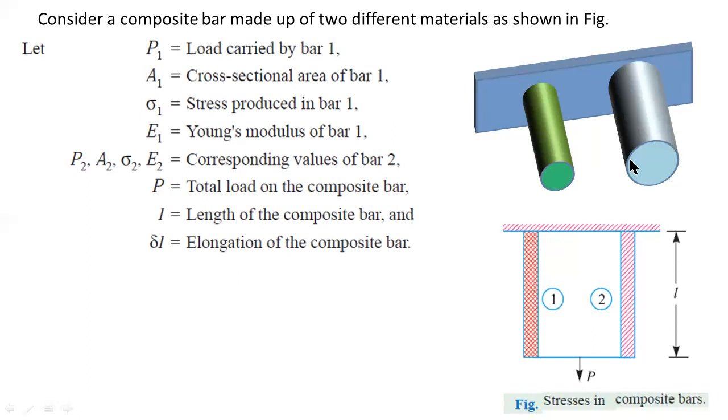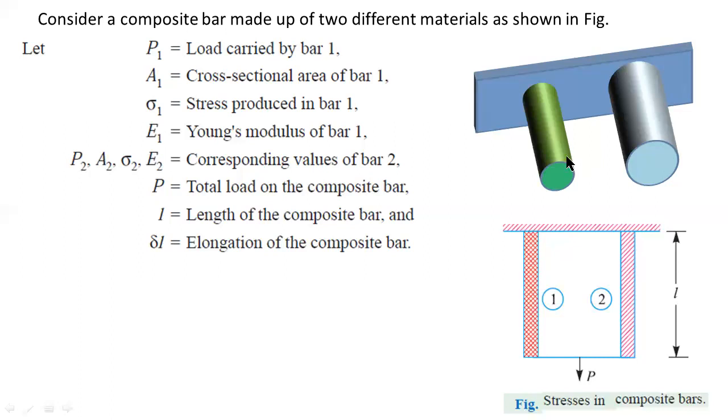Here the load carrying capacity always depends upon Young's modulus. E1, E2 are for different materials, and Young's modulus is different for different materials. So I consider E1 for one material and E2 for this material. Then the load carrying capacity is also different. P1 is the load carried by the bar 1, P2 is the load carried by the bar 2,